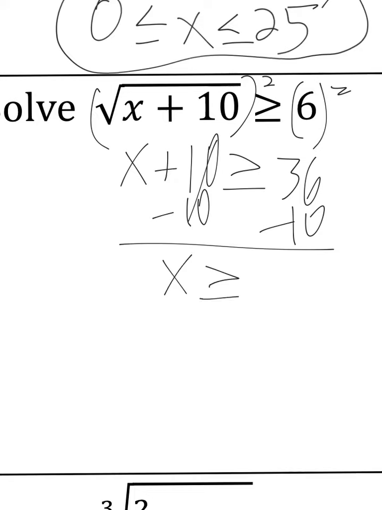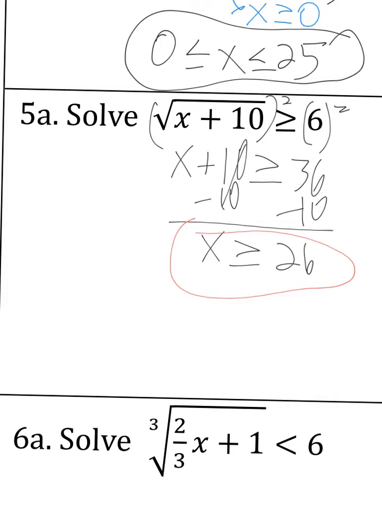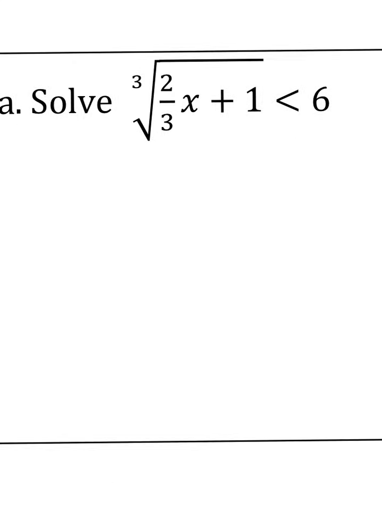And so you see, I don't have to worry anything about negative numbers. Even if this 26 was negative, because it's greater than, like I said, it'll just keep getting bigger the larger the number you plug in, so it's not going to make any solutions go negative. So you only have to do that for the less than or equal to inequality problems. For 6a, here's a less than problem, but